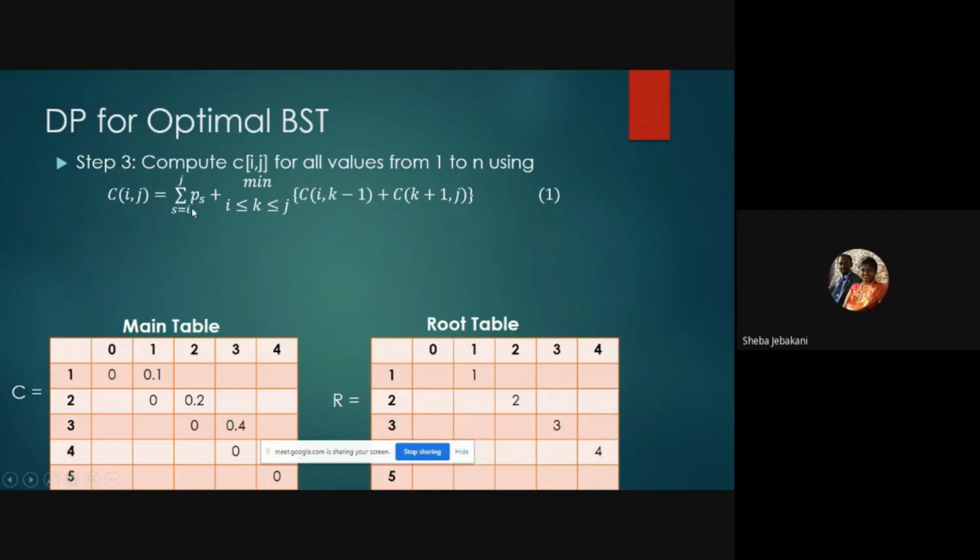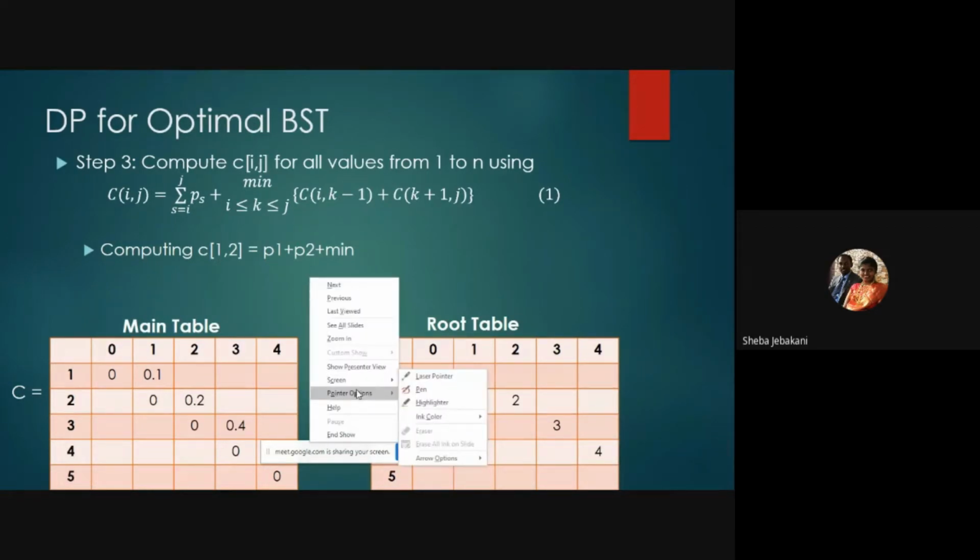That is, C of i j equals the sum over s equals i to j of p s, plus the minimum over k of C of i comma k minus 1 plus C of k plus 1 comma j, where k is the possible root node. When you want to compute C of 1 comma 2, we are going to compute for this particular node. Let me just change my pointer.